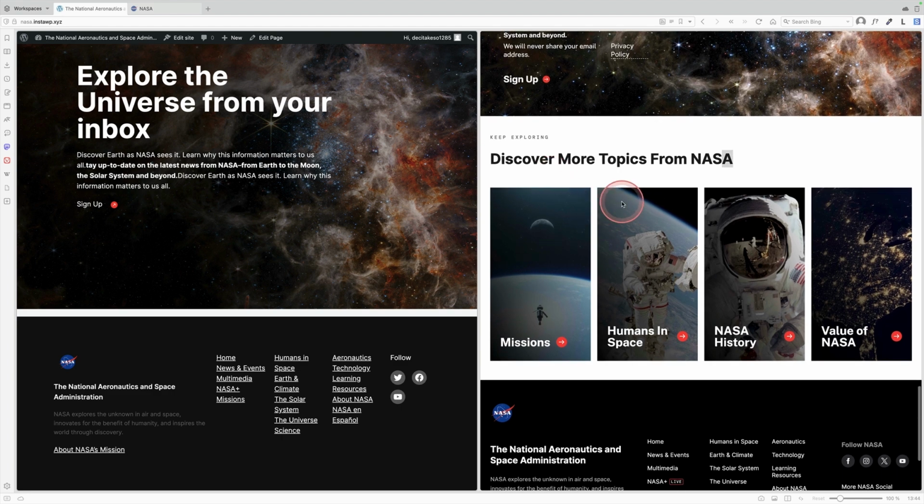And the final section here, which I want to finish off by showing you, is this section here, but hopefully you can work out how we're going to do this. This is pretty straightforward. This is just a columns block with 4 columns. In each columns block, we have a cover block, and we're just going to position the text at the bottom. We're going to use a row block to align the paragraph here to the little icon.